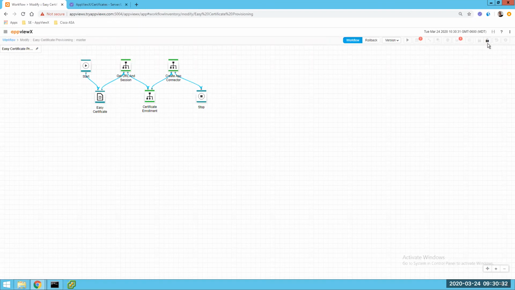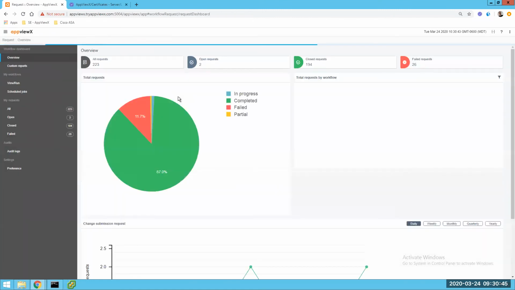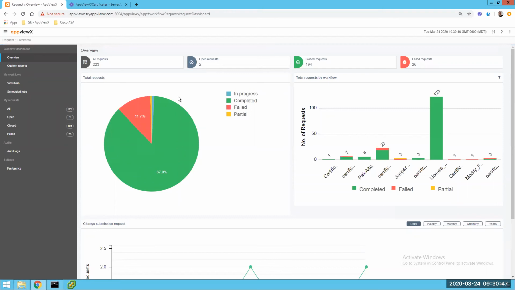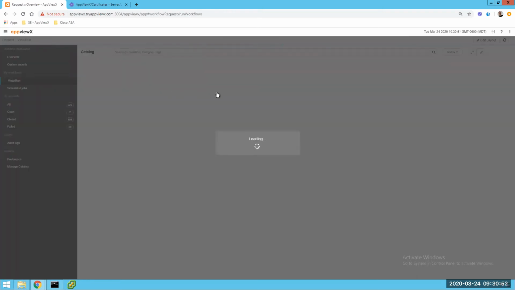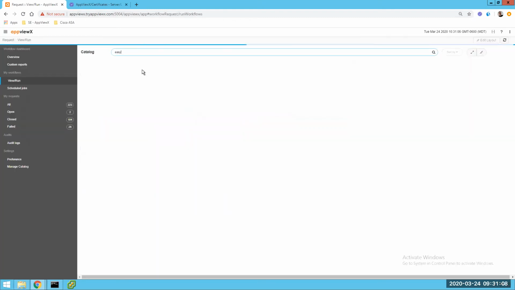Now, what does it look like from an end user perspective? Well, if we go out of the studio design and instead into the request, so when I enable the request from the design view, it's then published. Published meaning it's available for use. So as I look at my catalog, I have a variety of categorization structures. I also have a search field. So as I look for the easy certificate provisioning workflow,